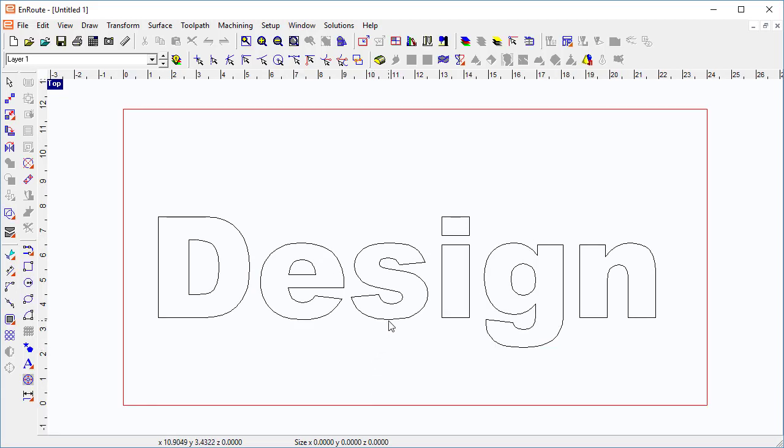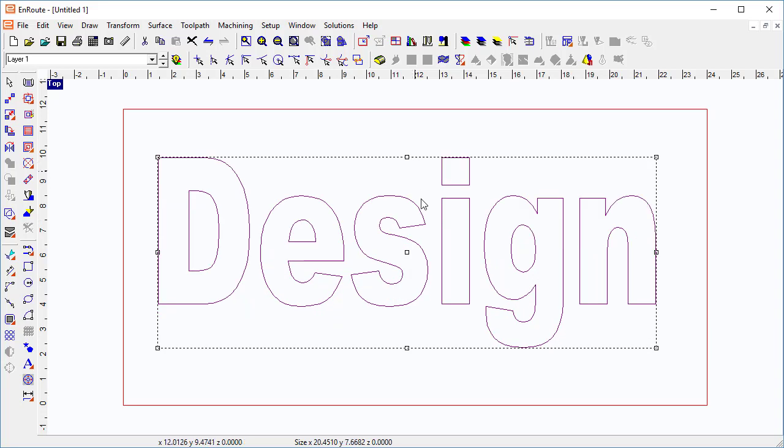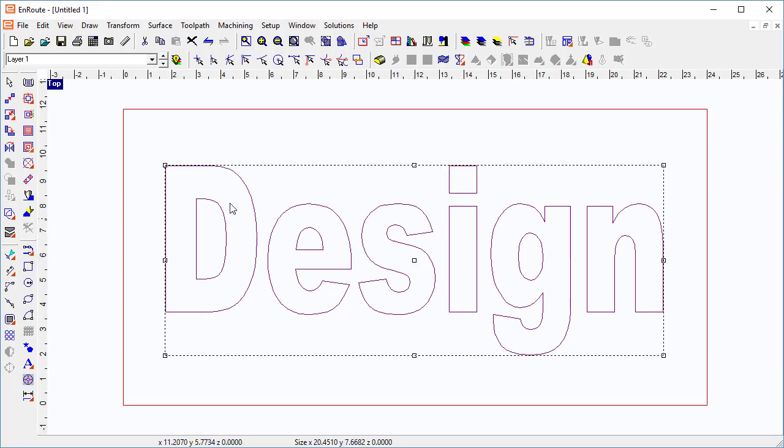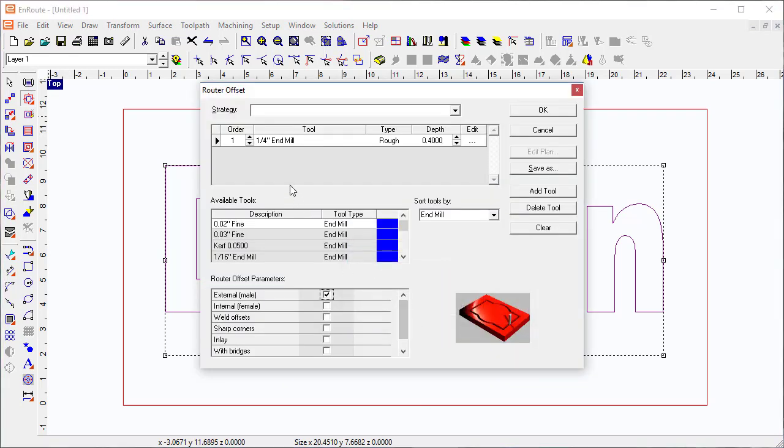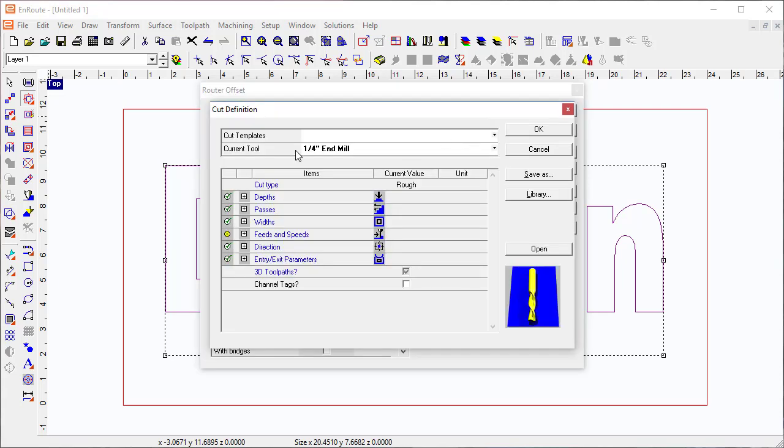So I'll create the word design here and maybe modify it just a tiny bit, and then I'm going to add toolpaths to it, and it just tells me that it's going to convert the text to curves, and I'm going to add a tool in this case. So if I clear the tools here, I can choose the tool that I want to use. Then if I double click on 1/4 inch end mill and give it a depth, and we'll give it 4/10 as a depth, I can of course come in and edit parameters, but there's other videos that describe